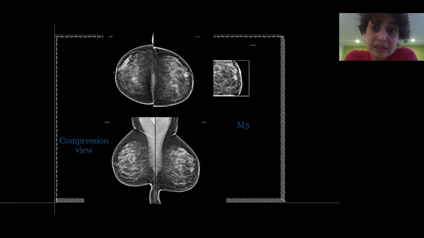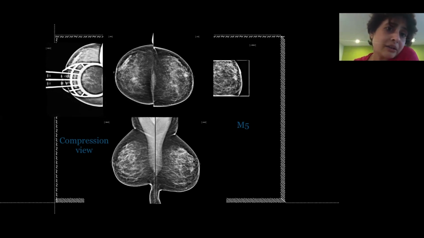It does not mean that there aren't any, but it's a good thing to comment on it and say, I will look for the lymph nodes on ultrasound. Of course, this patient will have an ultrasound of the left breast to look for the cancer and to perform a biopsy. On the other side, again, there is an area of asymmetry. So